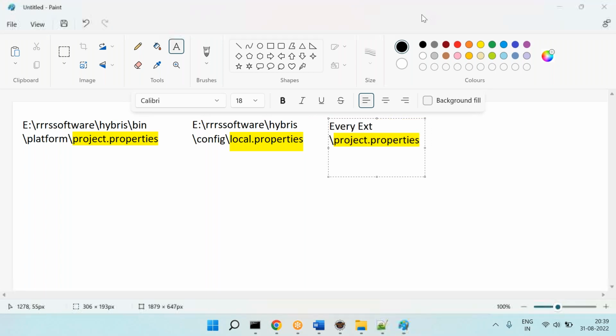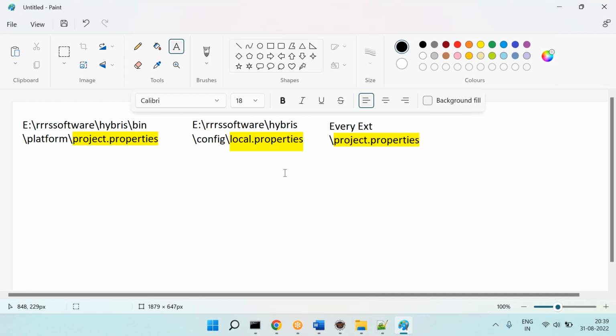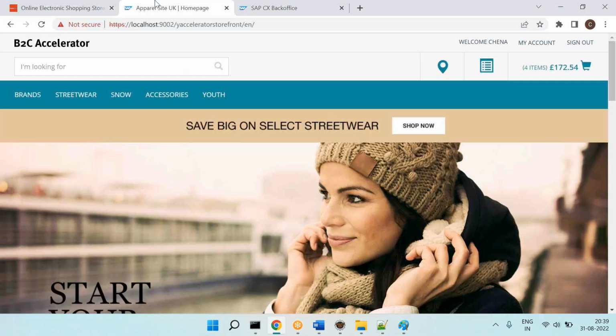Like this, we have property files in 3 places. Good. Now the question is, as I told you before, this is the SAP Commerce software. After installation,